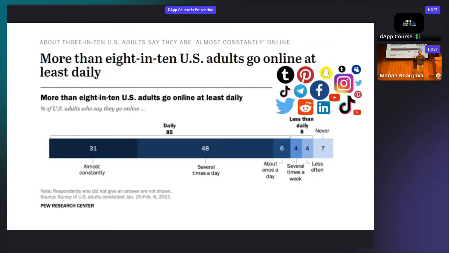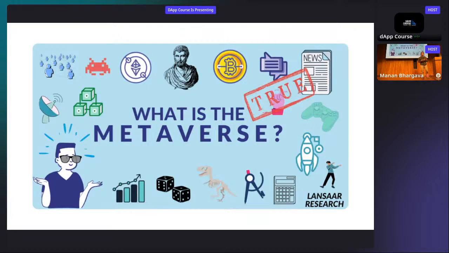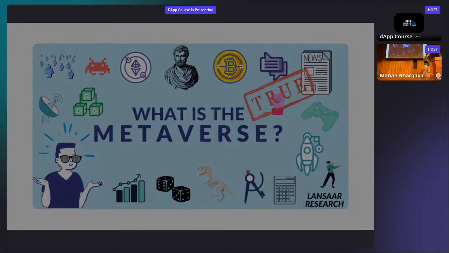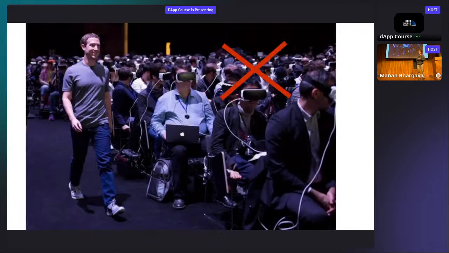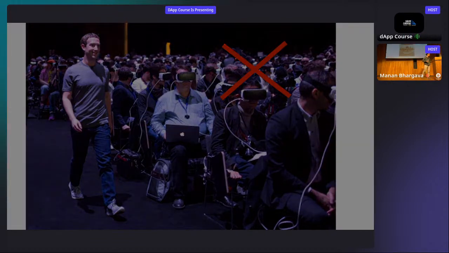We probably also value our digital attention a lot more, in terms of what people think of us on Facebook or Twitter or Instagram, than what people think in our physical world. But let's talk about what is the true metaverse and why this is so important, now that we've perhaps established that we are really dependent on our digital existence. We don't think this is the metaverse, which is perhaps what Facebook would like us to think, which is AR and VR. Maybe we can talk about this later, but this is not how we think of the metaverse. The true metaverse from our perspective and what we're all about